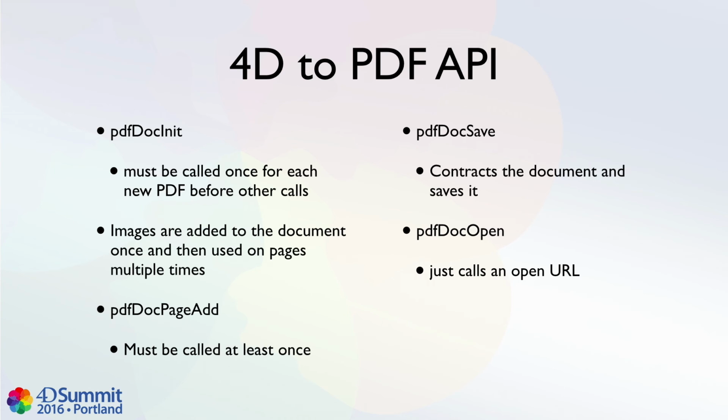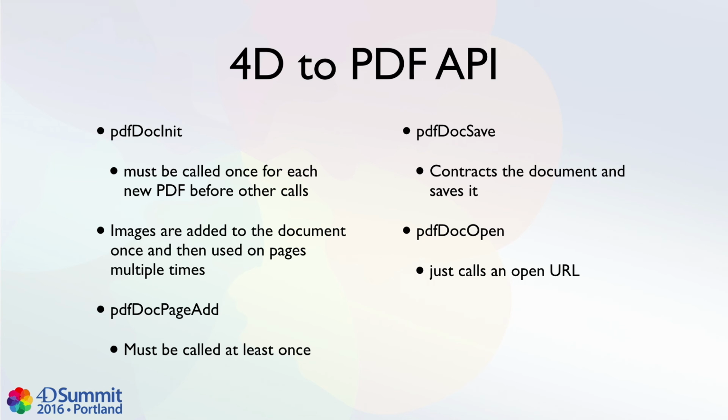I went through in great detail in the documentation to tell you what each command does. But you first must call a PDF doc init. That initializes all the variables that you're going to be using to create the PDF. Then you add images to the document. And remember I told you that you don't need to necessarily add an image to each page. You can use an image once. So you add it to the document, and then you know what the reference is, and you can reference them